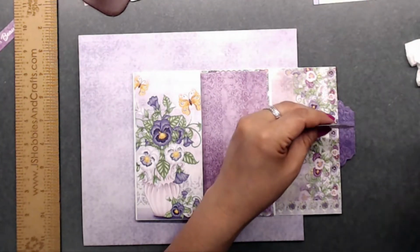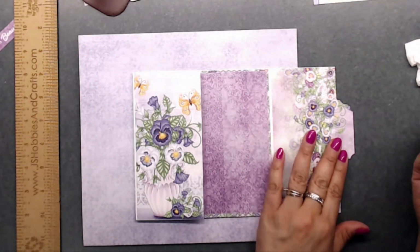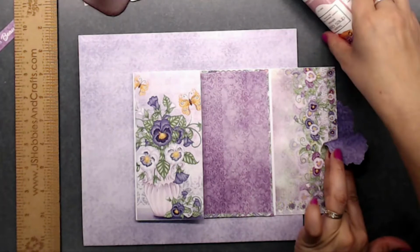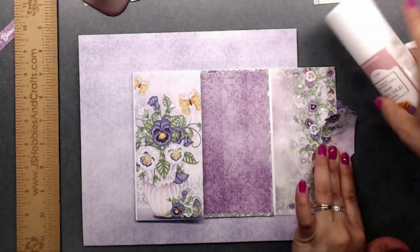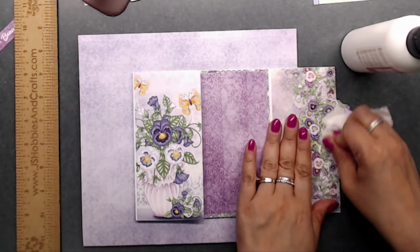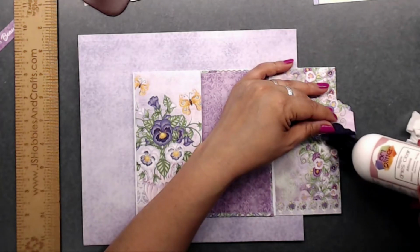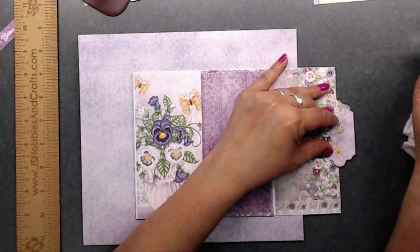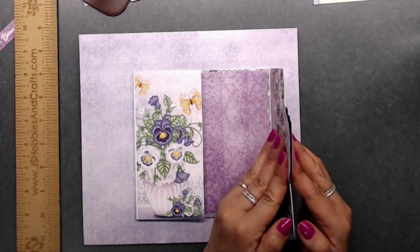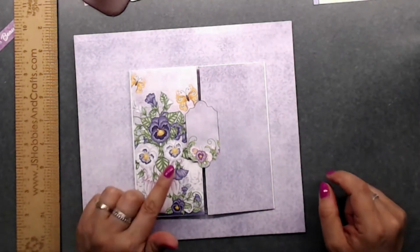So what I'm going to do here is, again, I'm going to line this up here, okay? So I'm going to line that up on the edge there, and I'm going to go ahead and just put some glue right on the edge of this one, okay? So just like that. All right. And these flowers kind of blend into that other flower that's right in through here, which is so awesome. So I'm going to lift this one up. Go ahead and put some glue down there, just like that. Okay. Just like that. So now you've got a piece that has a little opening like this, right? Well, that is just going to go right in through there, and that is how that's going to keep closed,